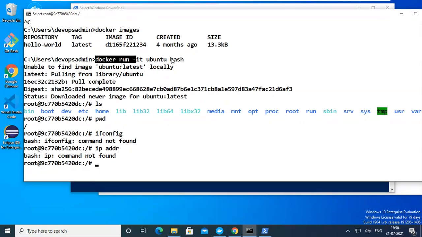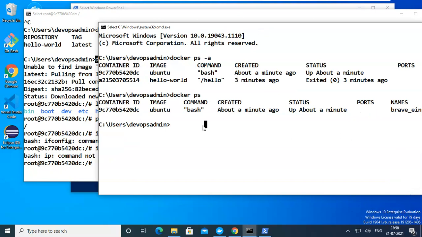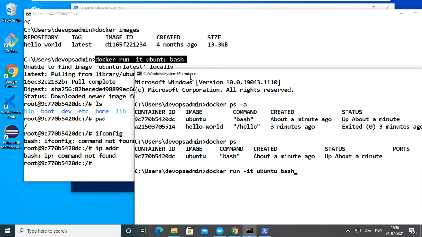So I run an Ubuntu container. In another CMD, I'm running a container. You can run it from any place: docker run -it ubuntu bash. That's the command we use here.